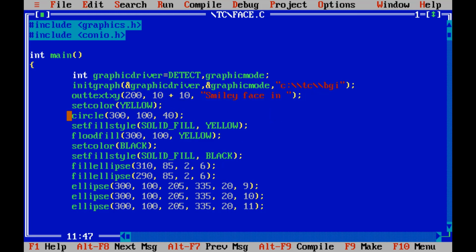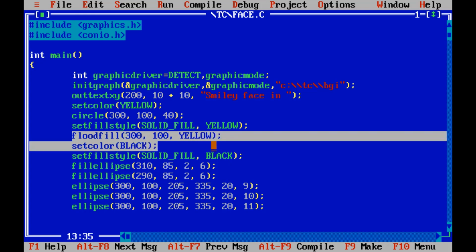Then we are printing a circle with a radius of 40 at the location 300, 100. Then we are setting the fill style to solid fill with the yellow color. Then it will fill the color with the help of the floodfill function.